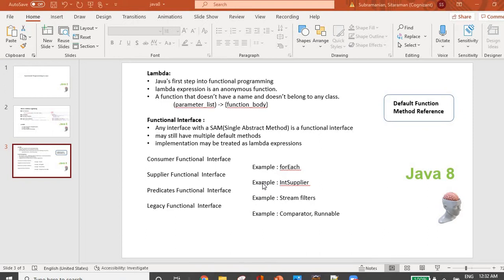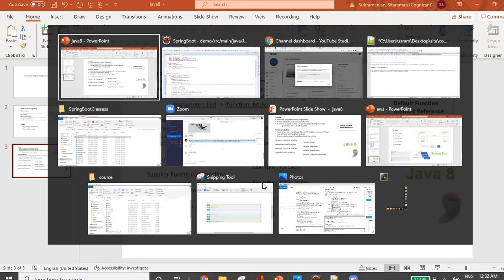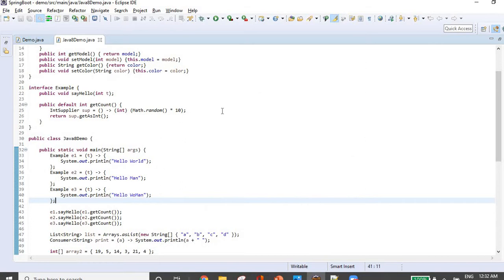So we have seen what functional programming is, and what the different things are that Java provides to implement it, and we have already seen the advantages of using functional programming. So in this example we can see how to implement functional programming in Java with some examples. Okay, so